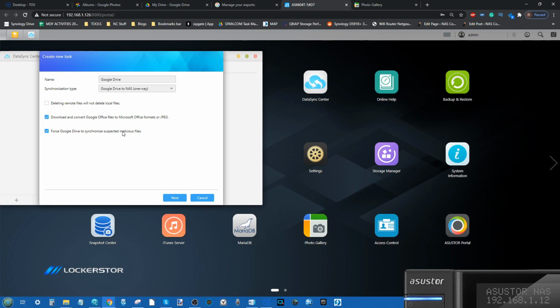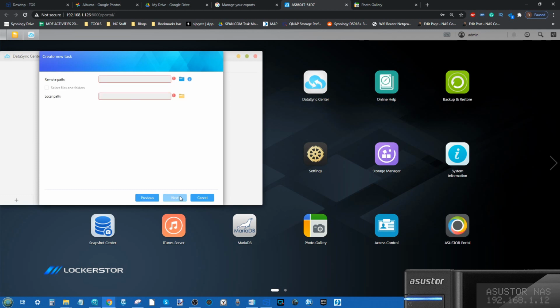It's simply based on the fact that it's been uploaded but it's too big to be scanned live. That same thing can happen here. So if you are going to be dealing with large files regularly, it's recommended you put a tick next to that box. Then click Next, and it will ask you to select the folders both on the local NAS and